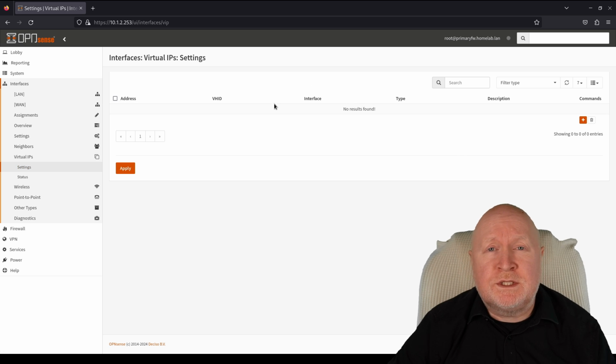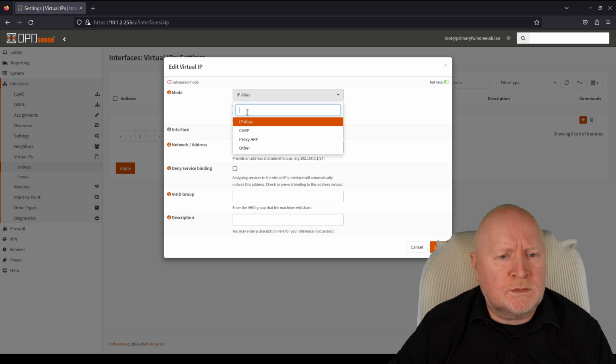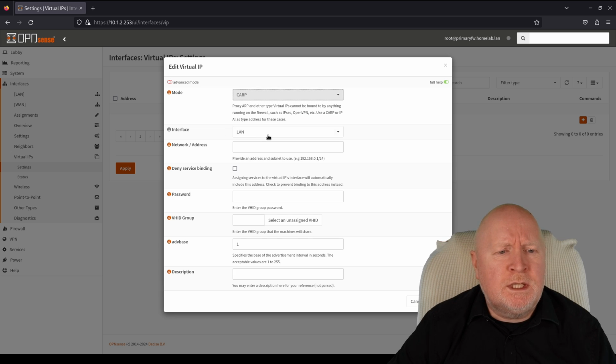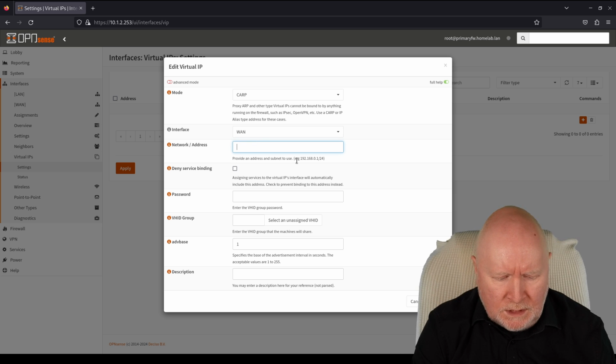And then what we're going to do is to create some virtual IPs for each of the networks that the firewall is actually responsible for. So we'll click on the plus sign here. We're going to change the mode to CARP. Now I'm going to change the actual interface to WAN, and then I'm going to put in the actual IP address, which for this network is